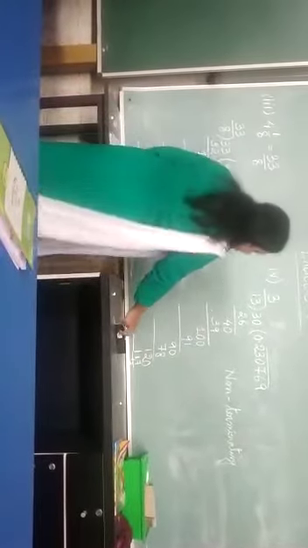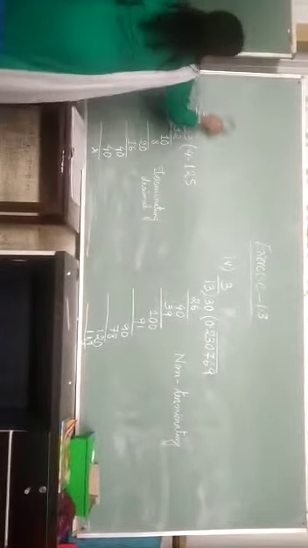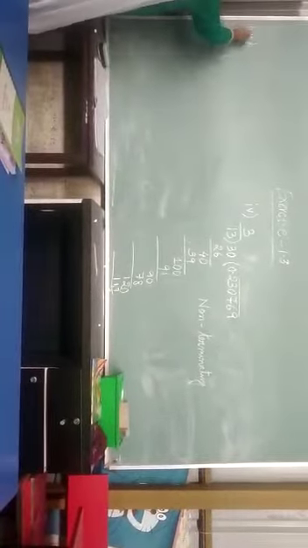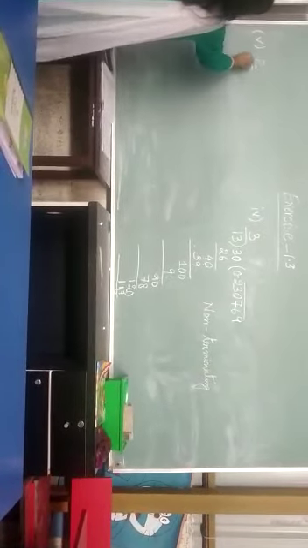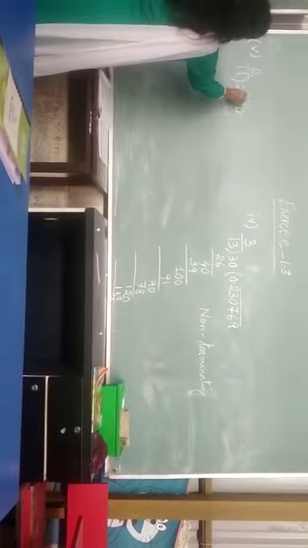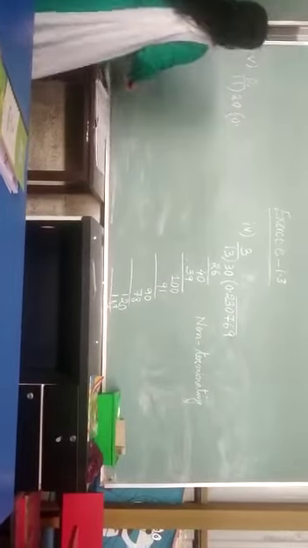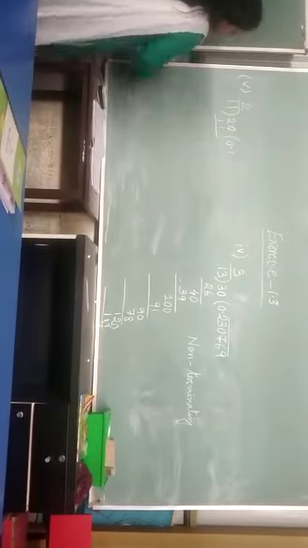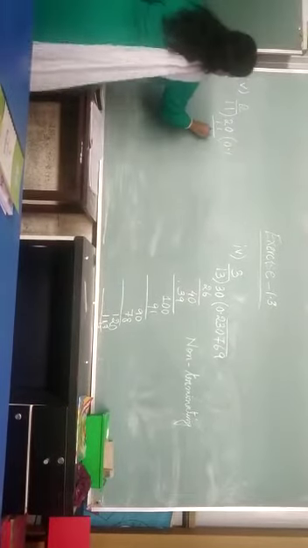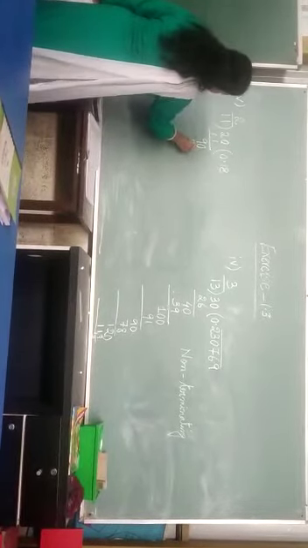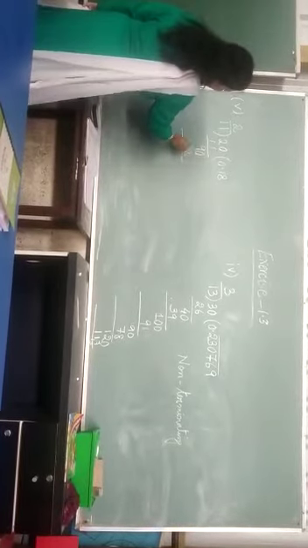Next we come to question number 5. Question number 5 is 2 by 11. So here 2 is smaller, right? So we take a point and we take a 0 here, right? So 11 1s are 11, right? So 20 minus 11 is 9. So we have taken a point, we take a 0 here. So 11 8s are 88, right? So 90 minus 88 is how much?